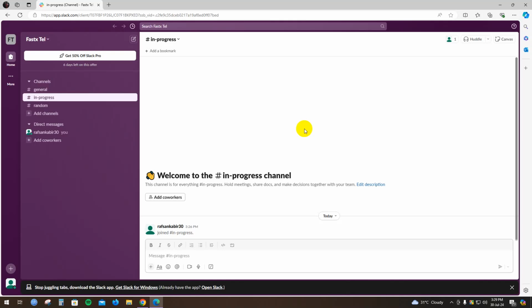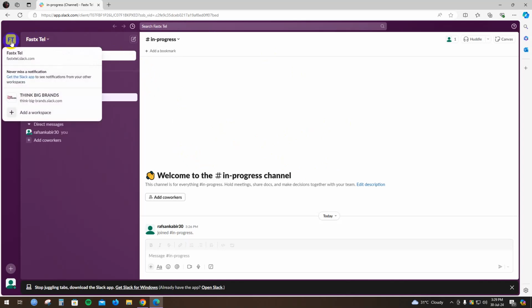Today I'm gonna show you how to go to another workspace in Slack. As you can see, I've already opened my Slack account and this is my workspace. And if you want to go to another workspace in Slack, all you have to do is go to the top left corner. Here you will find the various workspaces I've already joined, such as Fast Excel or Think Big Brands. If I click on